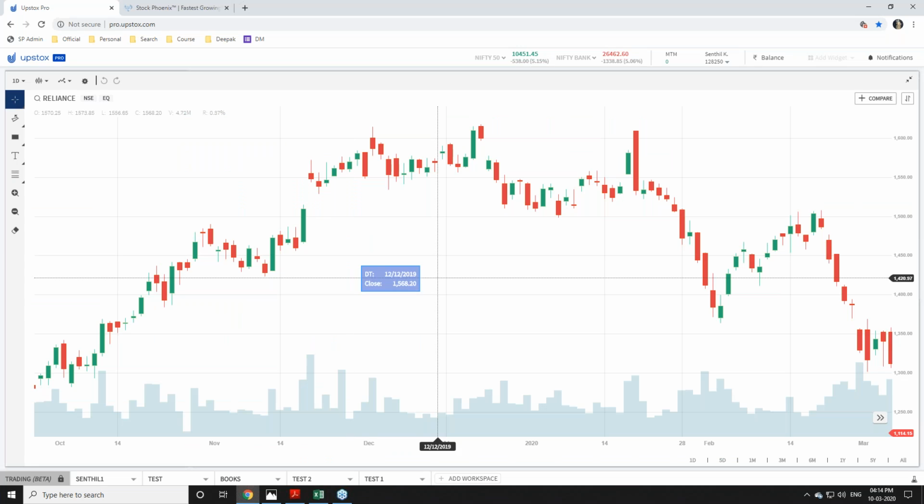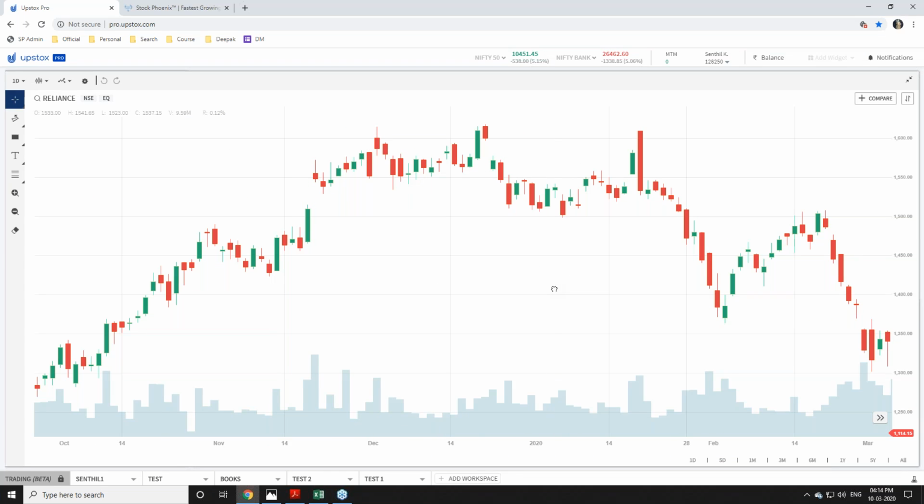For this curve theory, it depends upon the instrument or the stock. For example, if you are going to use commodity, the time frame will be different. For equity, the time frame will be different. For the currency, the time frame will be different. So let's study equity first, and then let's get into currency.